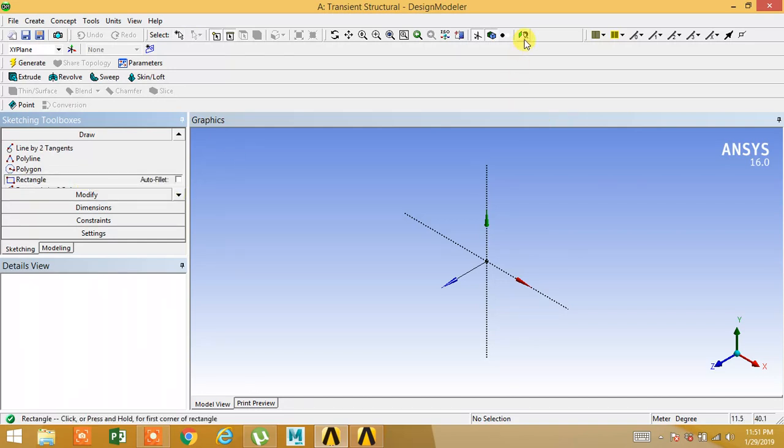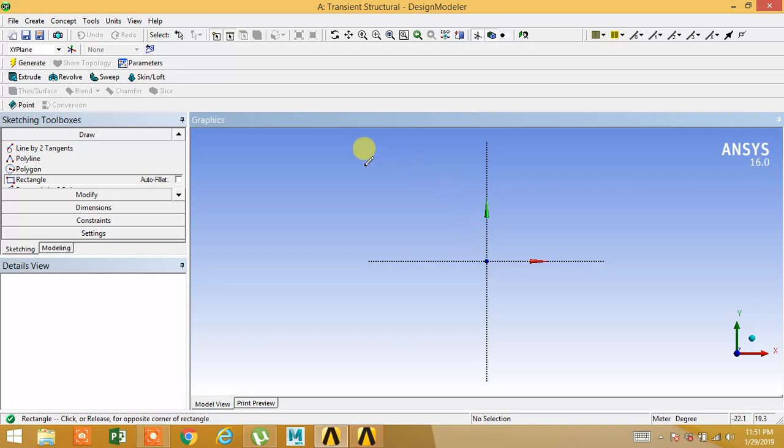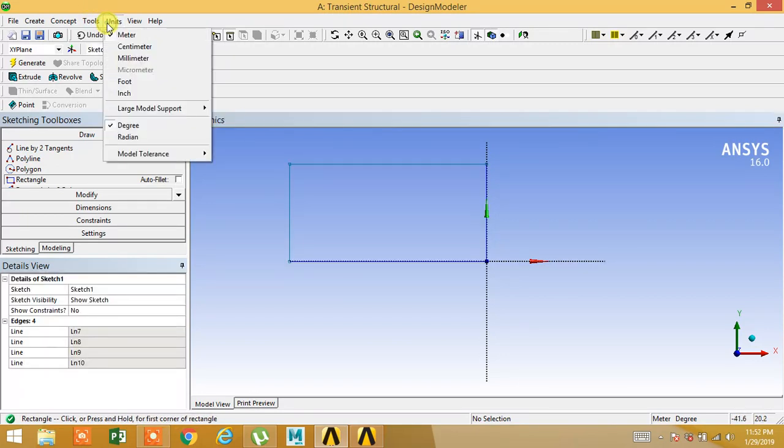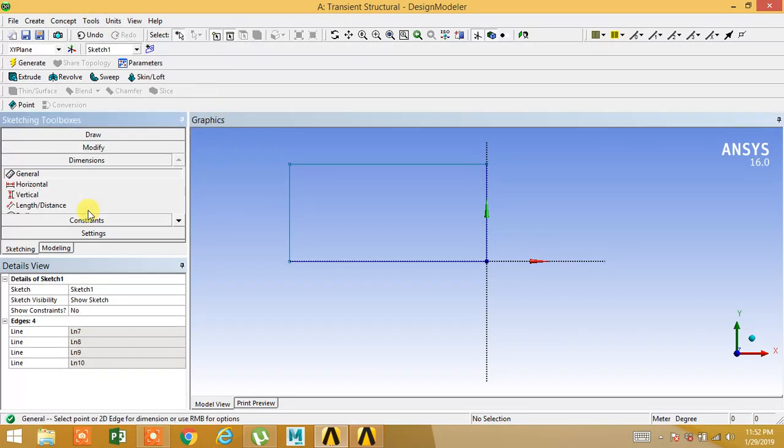Click on rectangle. Draw box. Dimension.